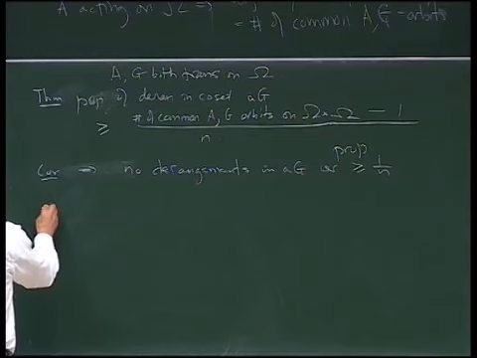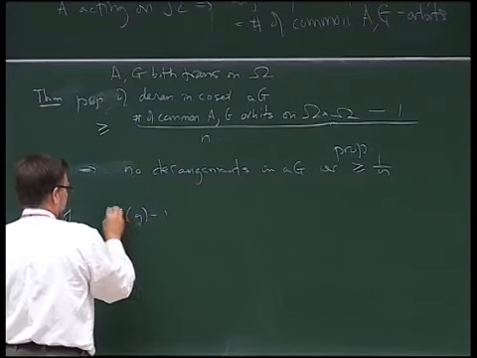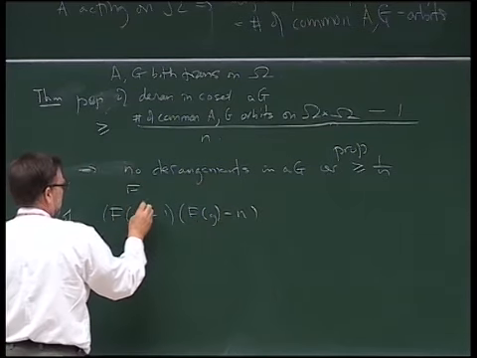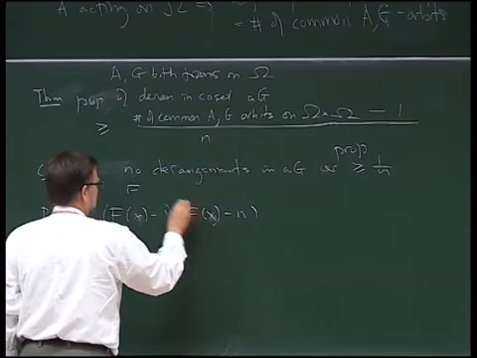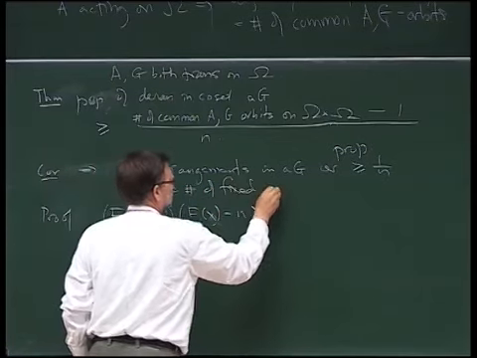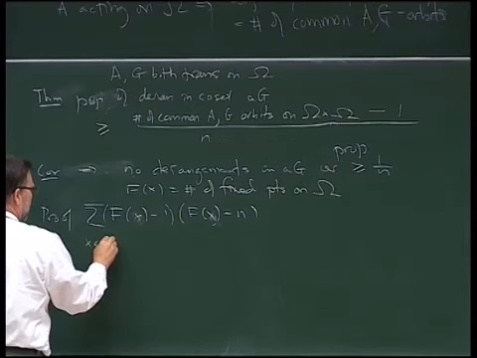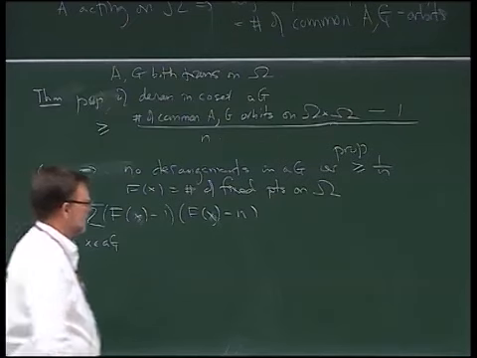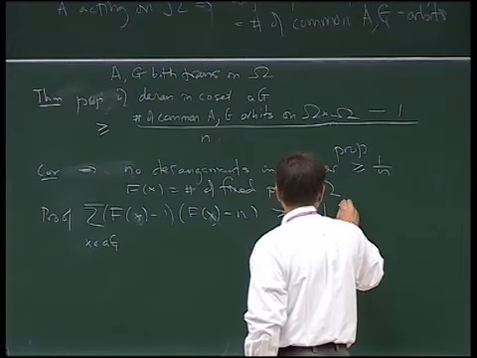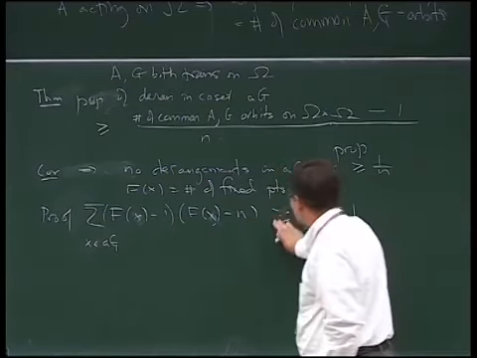Okay. And so what's the proof of the theorem? You just write down this equation. You just look at this. Let f of x be the number of fixed points on omega, and I sum over all x in that coset. Well, on the one hand, this is less than or equal to n times the number of derangements, because if it's not a derangement, this is negative.